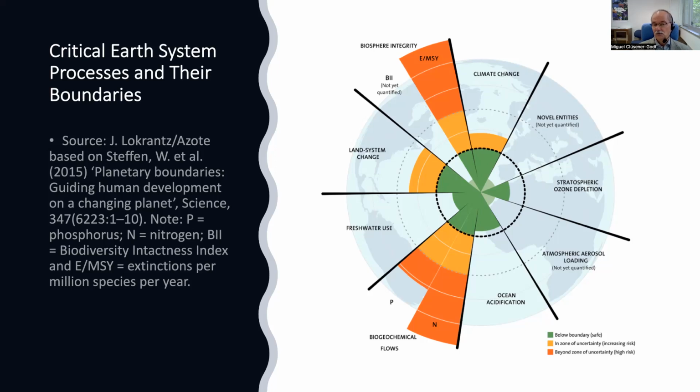Land system change, we are also in a sort of uncertainty, and I will come back later to it. Freshwater use, we are still doing quite fine, although, I mean, this is a global diagram, so in some countries, it may be different. Biochemical flows like phosphorus, nitrogen, we are above it. But I will come back to it later. Just to let you know what we are talking about. Boundaries. What does it mean? And always the relationship, and I will insist a lot on human beings, biodiversity, and economics.